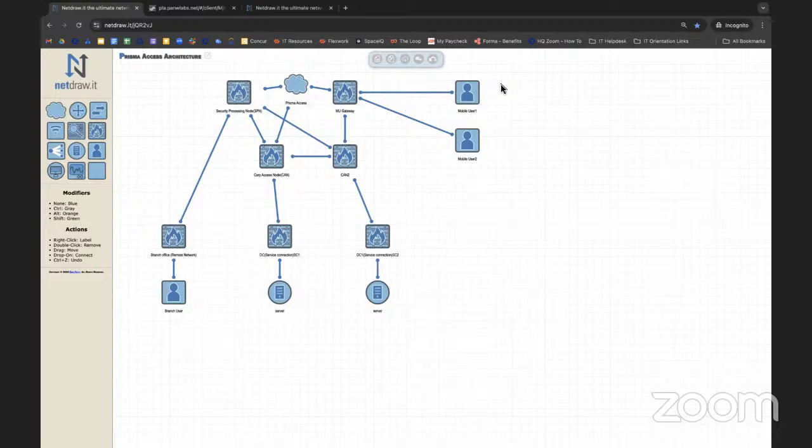Okay, so let's discuss how the mobile user traffic comes to the Prisma Access. The mobile user uses a GlobalProtect agent. The user will connect and put his credentials in the agent, and the agent will establish a connection on the basis of various parameters. When I say various parameters, it could be the round trip time,